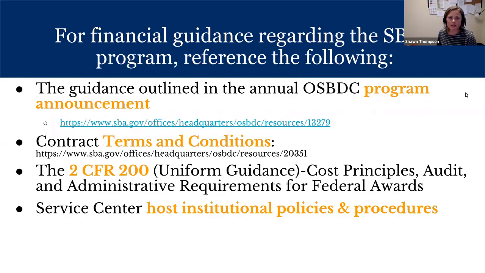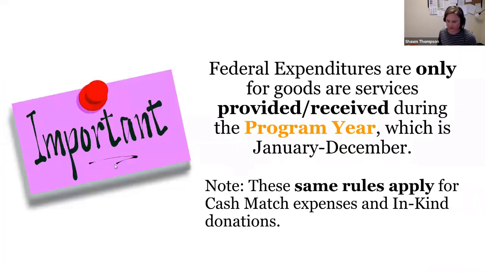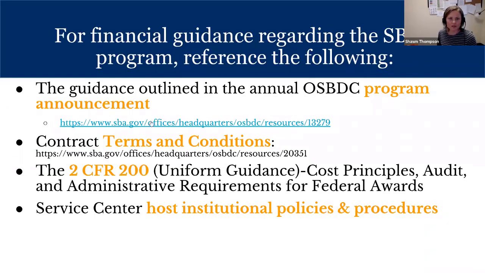So the guidance regarding the SBDC program that you need to follow for compliance is the program announcement. That is the first place you need to start, and it can be found at this link that's highlighted right here, www.sba.gov. Those are the instructions for the lead center to submit the proposal every year for the whole region. Within those instructions, which are about 70 pages, it also gives definitions and parameters for what's allowable in the